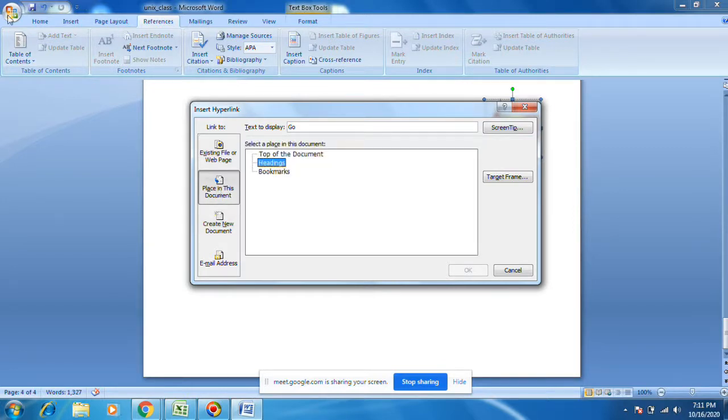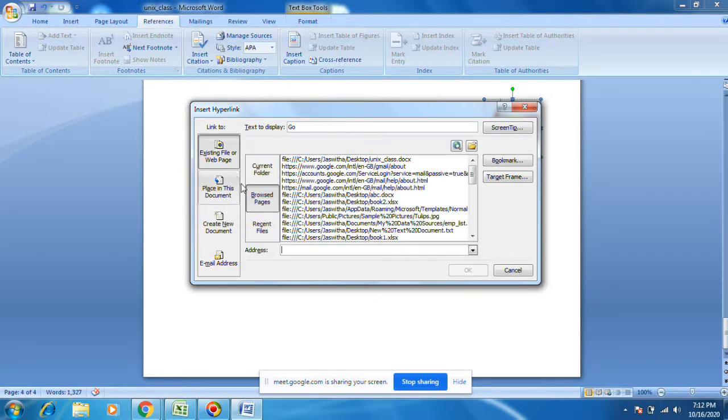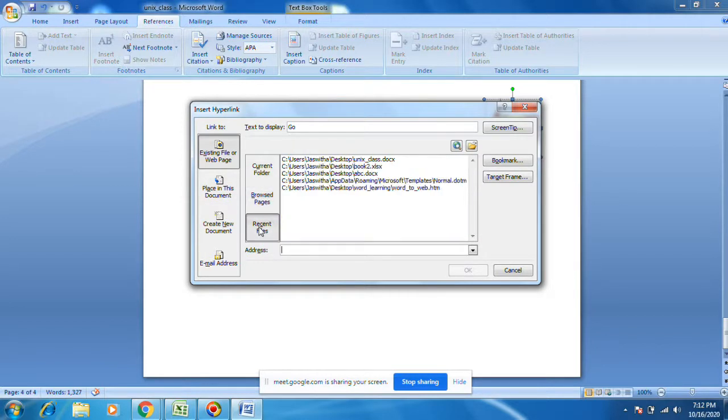Maybe in the latest Microsoft Word documents, it will be available. I don't know why headings is not showing here. Current folder, browse recent files.